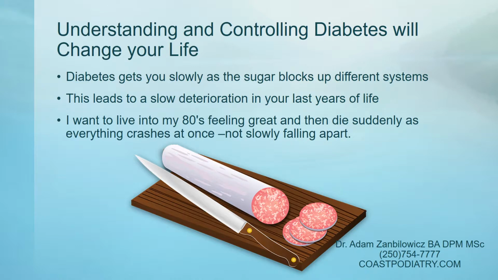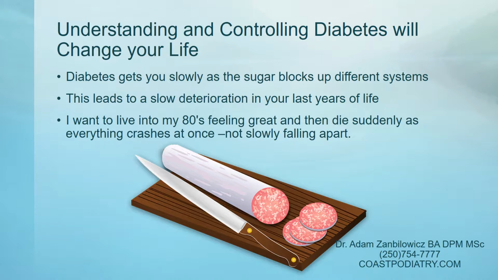So I often get a lot of people asking about their diabetes, and one of their concerns is that they don't want to prolong a poor quality end of life period. And it turns out that's the exact reason that we want to control diabetes. In patients who have poorly controlled diabetes, the diabetes slices away at quality of life very, very slowly. You lose multiple subtle bits of organ function very slowly. You lose vision, you lose sense of touch, you lose kidney function, and it is a terrible, terrible way to spend the last years of your life.